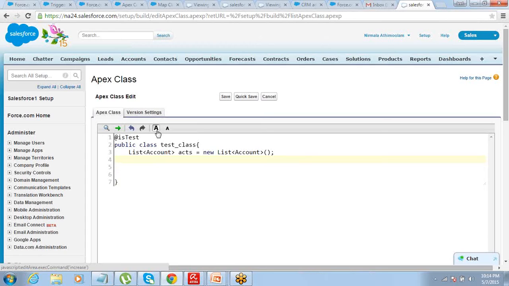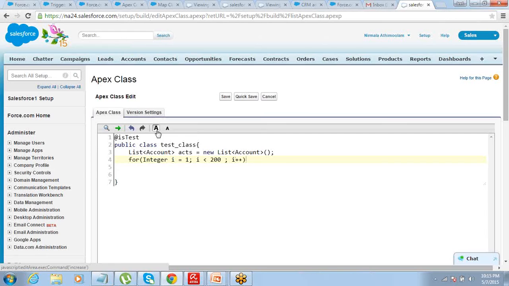And I say, so now I want to create multiple dummy records. Okay, for a new list of account, Integer i = 1, i <= 200, i++.